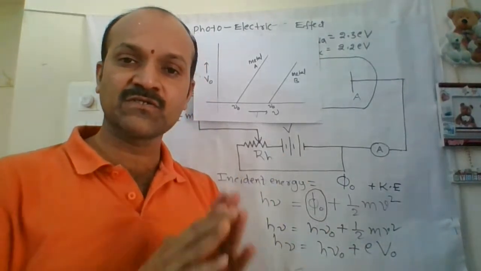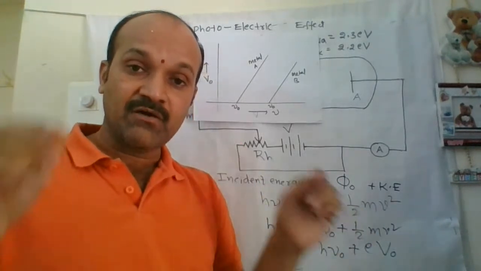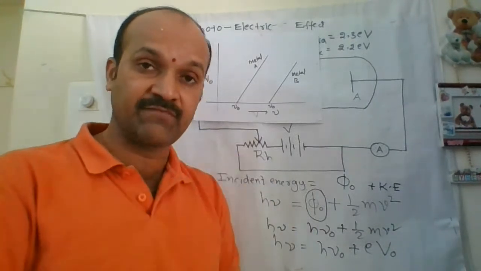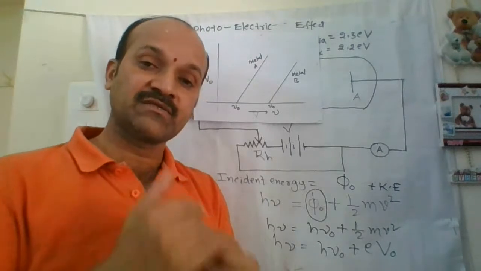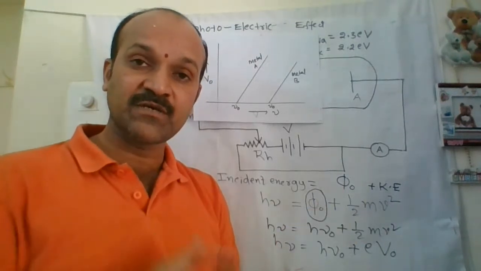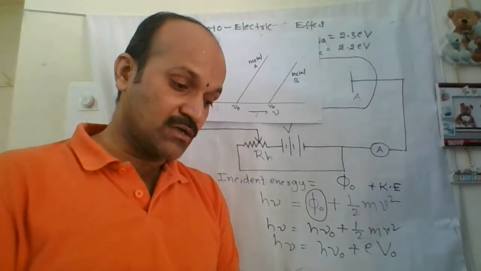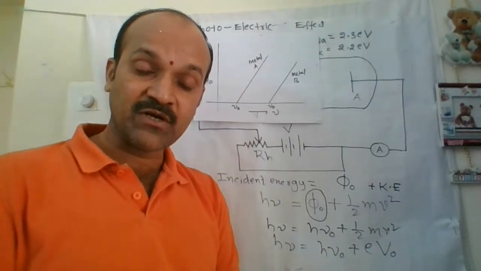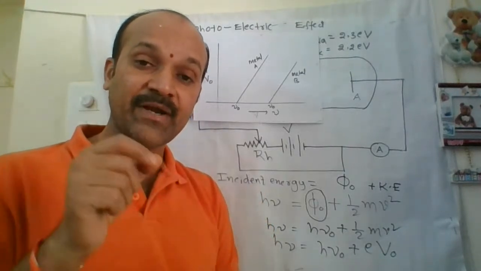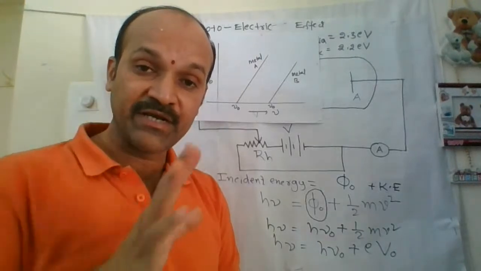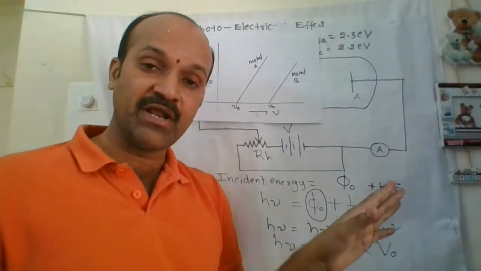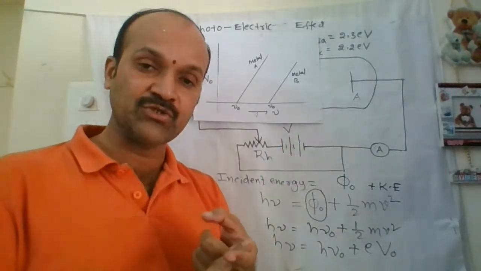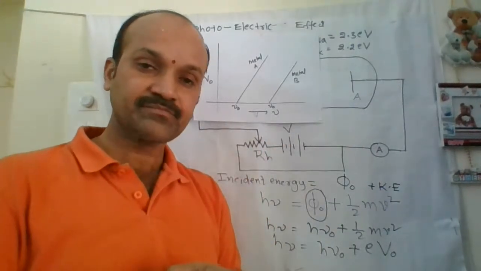On these three factors, work function does not depend. Work function purely is the characteristic property of the metal we have taken. Sodium has some value, 2.3 electron volts. Cesium, 2.2 electron volts. Potassium, 2.2 electron volts. So work function is a characteristic property of a metal. It is the property of the material. It does not depend on frequency, intensity, or potential difference applied. If you vary the metal,